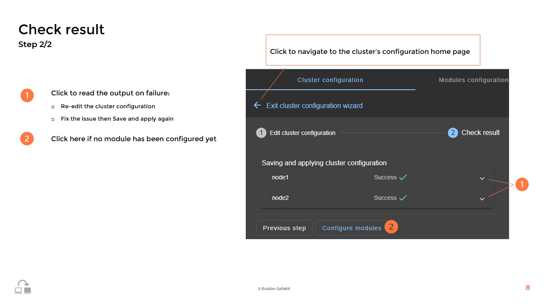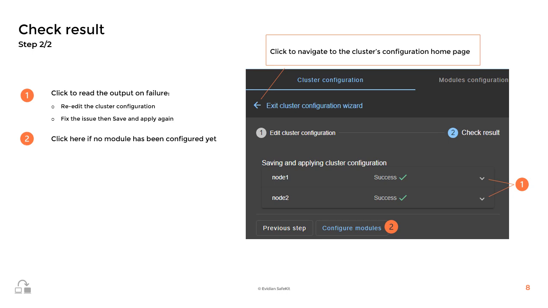If you encounter a configuration failure with a red cross icon on a node, click on the accordion of the node. You will find the output messages of the configuration command, and then search for an error. After identifying the error, return to Step 1 to re-edit the configuration, correct the error, and repeat the operation.